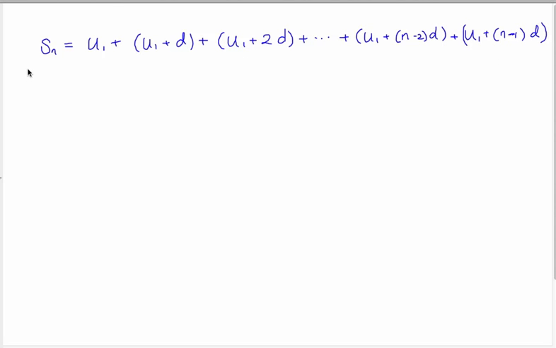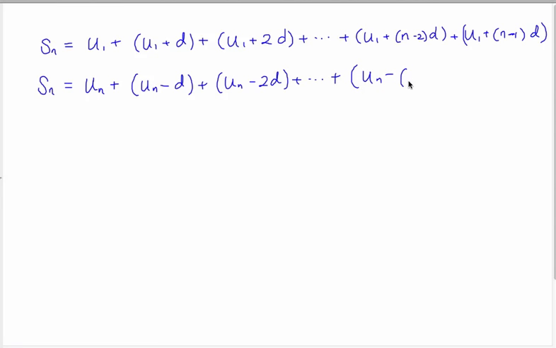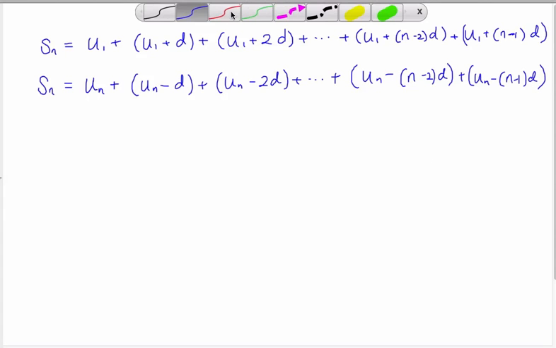Now what you can do, you can write it a different way and say, well, I'm going to start from the last term, the biggest number, or if d is positive, the biggest number. So I'm going to start from u sub n. And then instead of adding d, I have to subtract d to get the second to last term, and minus 2d, and so on, u sub n minus n minus 2 times d plus u sub n minus n minus 1 times d. Okay, so now I'm going to just add